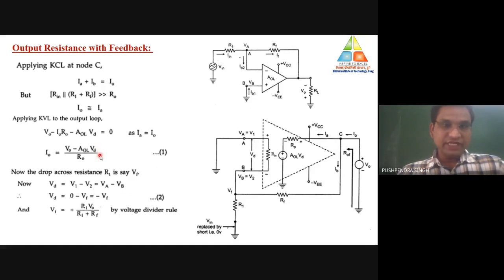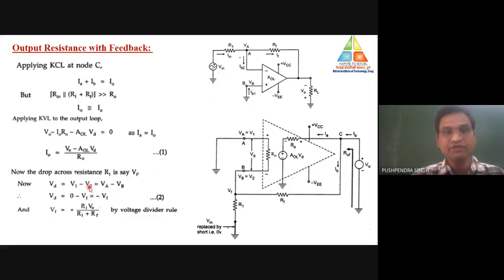So what is VD? For the calculation of this VD, we are moving towards the input terminal of the op-amp. VD is nothing but the difference of the two input voltages applied at the operational amplifier. So VD is equal to the non-inverting terminal voltage minus the inverting terminal voltage. The non-inverting terminal is this one, the positive terminal, and that is connected to ground. So V1 is nothing but VA, and VA is grounded, 0 volt. So VD is V1 minus V2, where V1 is equal to VA.